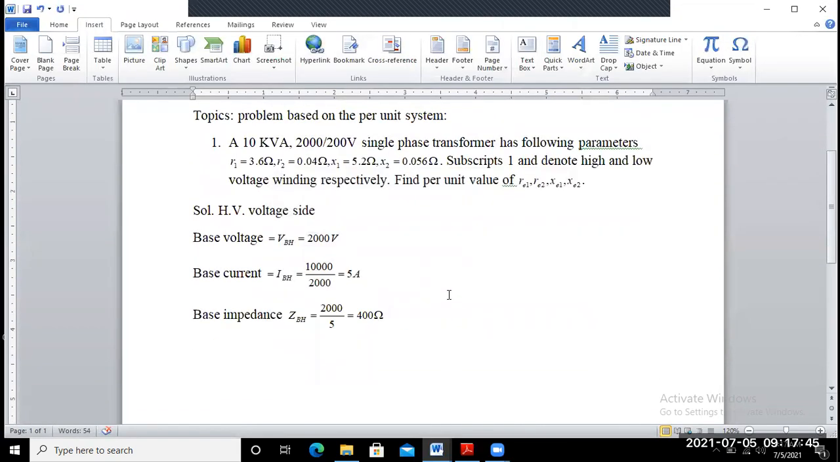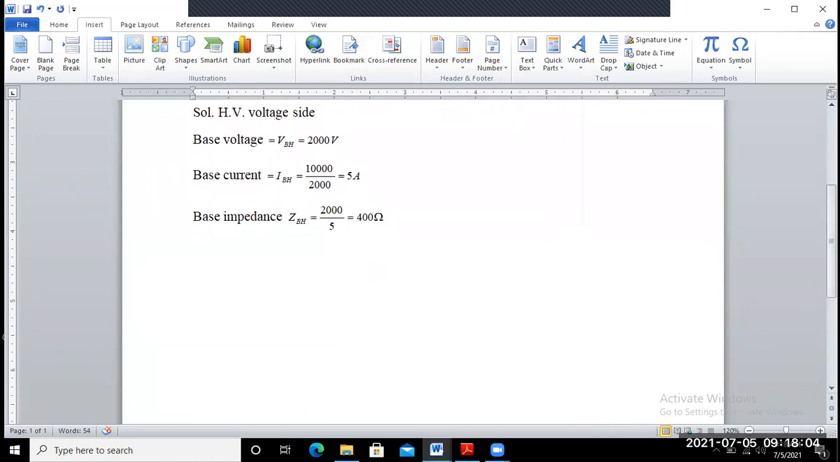Now we just find out the per unit resistance or reactance value along the high voltage side. So just actual value divided by base impedance. So R1 equivalent per unit, that means resistance of the high voltage side in per unit, is equal to